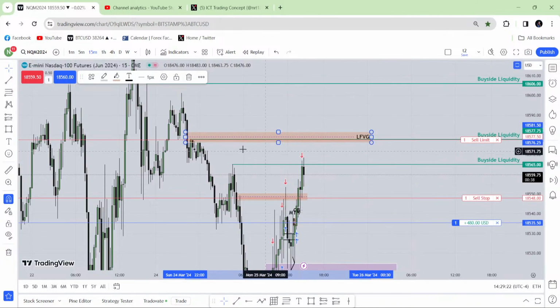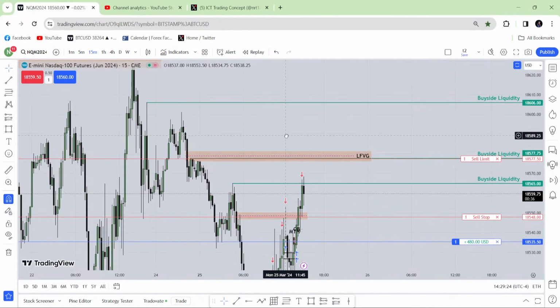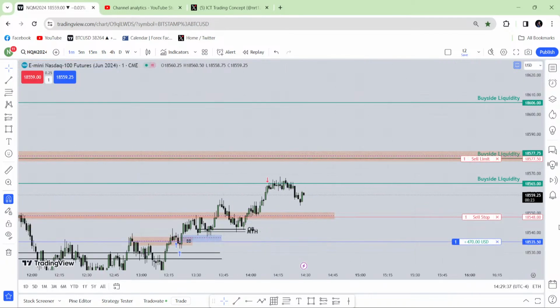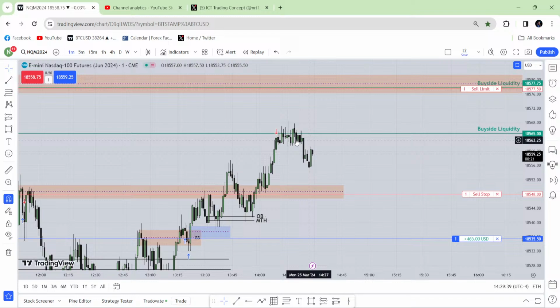So at the same time, there is some buy side liquidity. My extreme buy side liquidity is over here. I don't think the market is going to take that on today, but if it does, I won't be surprised, but I don't want to see that. That's all. Okay, so overall I'm until here. Can I frame my trade from here?